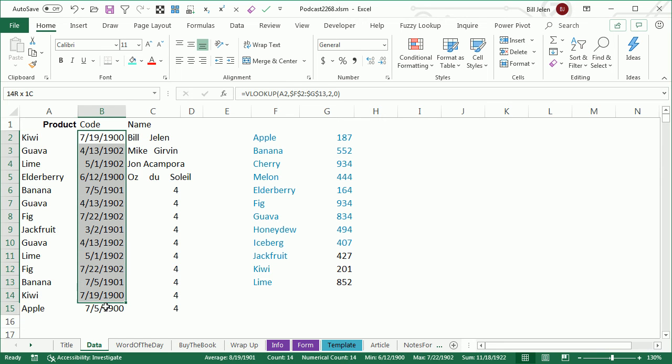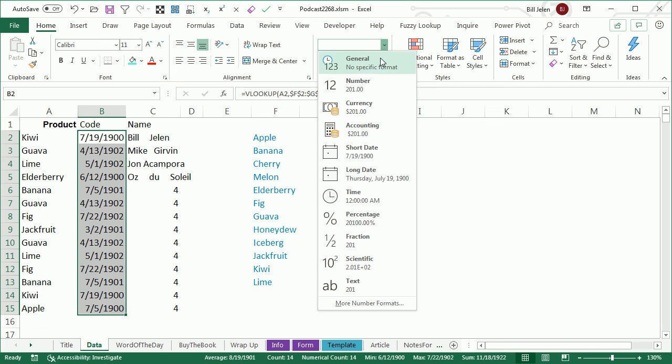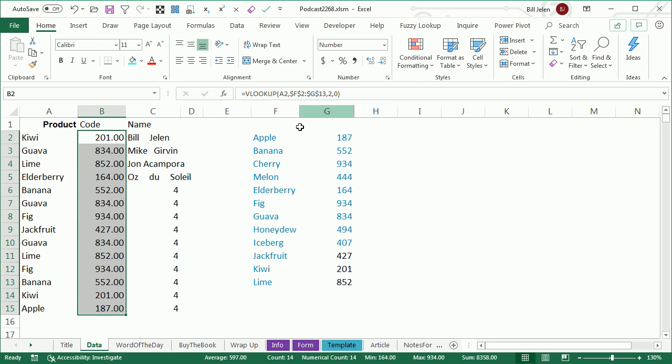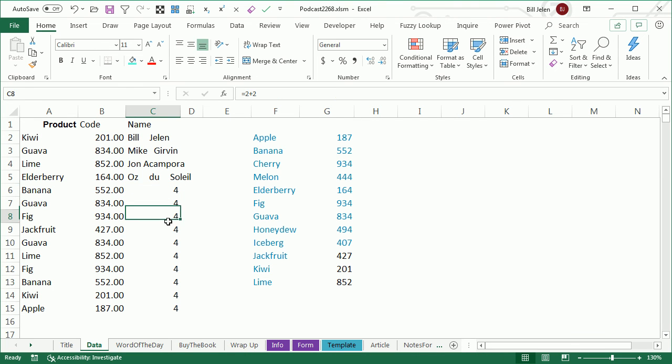Wrong format, but other than that, although really interesting, the VBA version of TRIM doesn't get rid of the extra spaces inside. It got rid of the leading spaces and the trailing spaces, but not the spaces inside. And very nice, it didn't touch our formulas. So that little VBA there